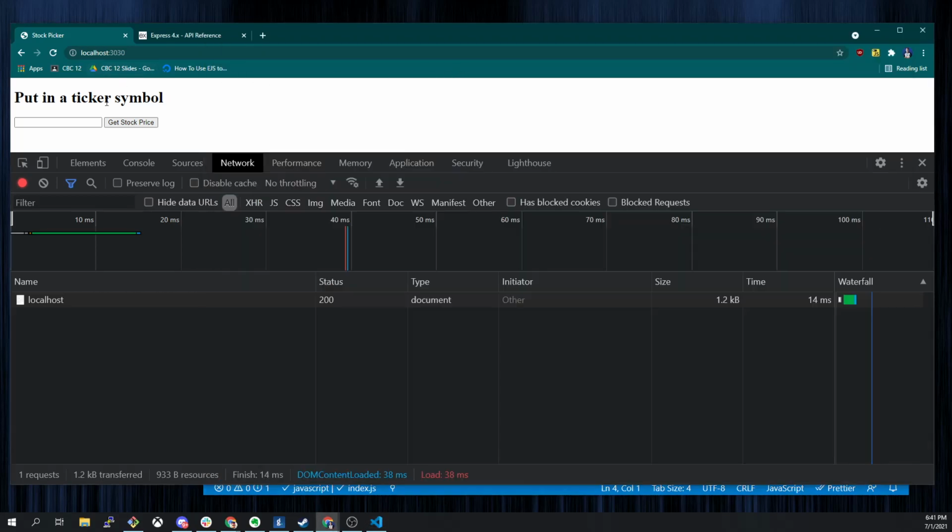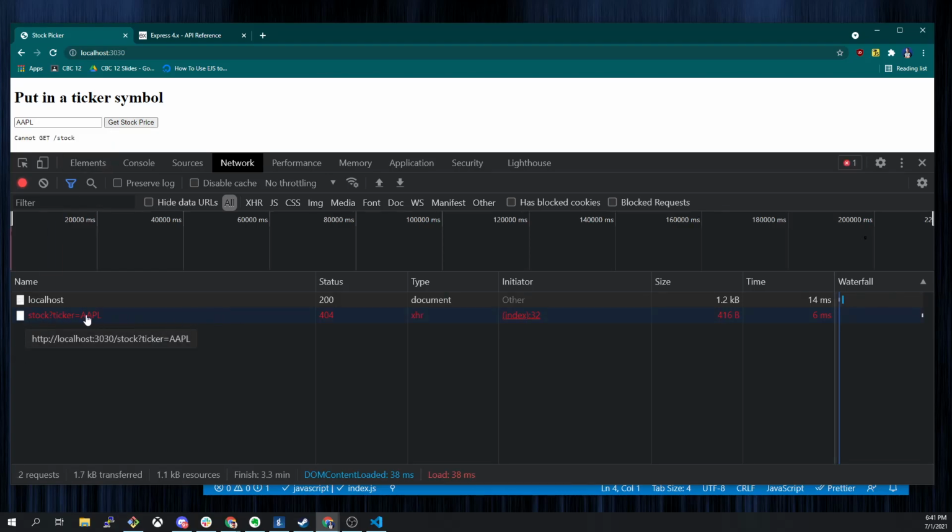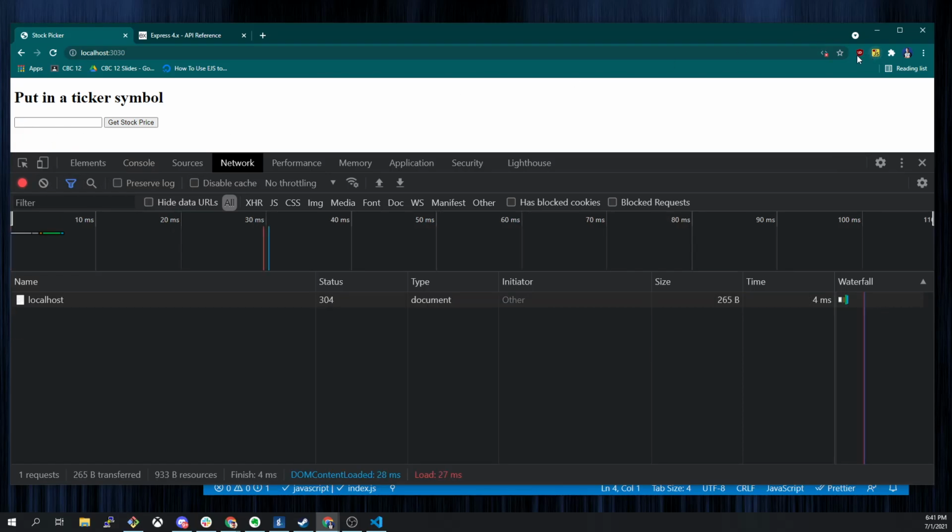Like, we have this, right? We say AAPL, and we wrote JavaScript to make the request, and it was saying cannot get stuck. But if I had JavaScript turned off on this page, AAPL, and I click this, it's going to do the default form post and take me to that other page. So it's almost always better to assume that you're working in the default environment. And if you wanted to do something really complicated with a single page app,